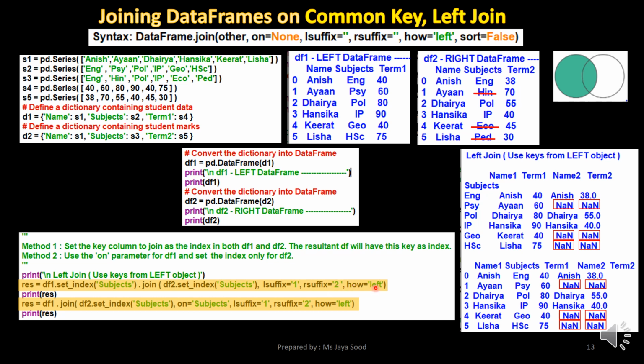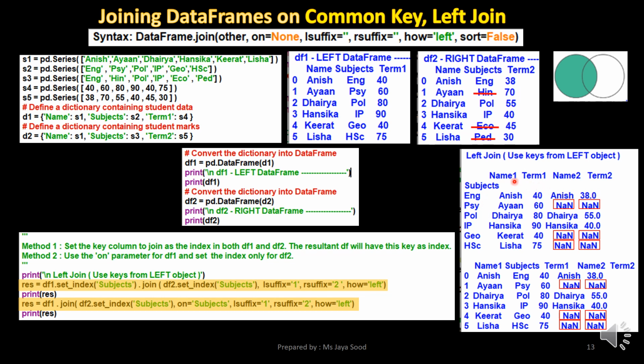This will create a left join using the values from the subjects column of the left data frame only. The rows with the matching subjects in both the data frames will be joined. That is, the row Anish English 40 will be joined with Anish English 38 as shown here in the output.